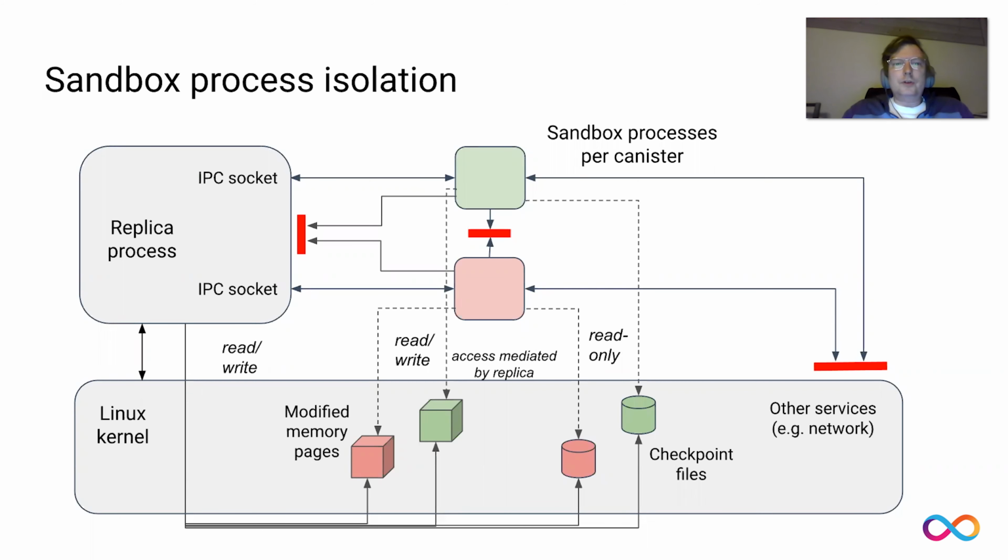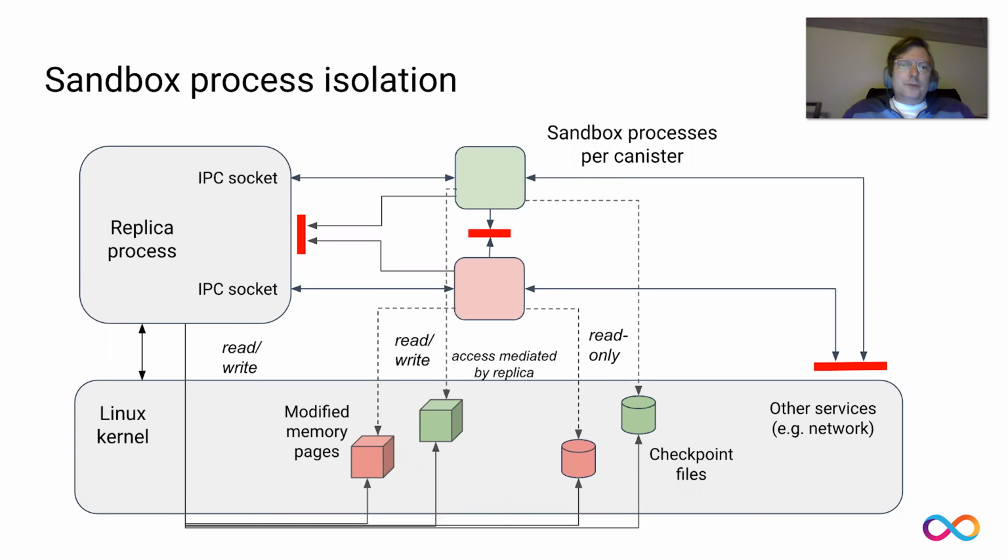It's an individual socket that the replica has with each of its sandbox processes. Additionally, we also need to protect the rest of the operating system from the sandboxes and isolate them. There is some access possible to resources that it needs for operation. I'll come to that a bit more, but critically, we are disallowing any other kind of interaction that is not absolutely necessary for operation, and this is, of course, to protect the entirety of the system from a potentially compromised